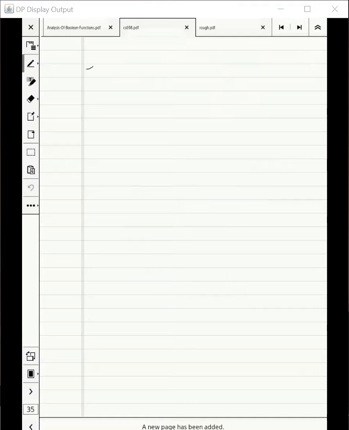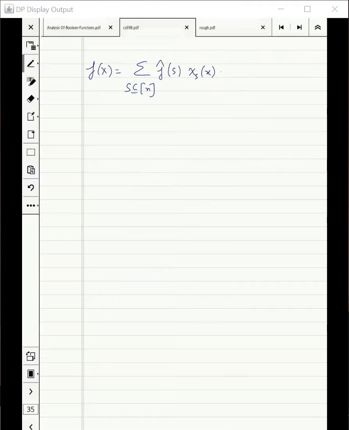What was the Fourier transform? I was writing my function like this. Correct. And then I wanted to prove that my chi-S's are orthogonal. Or, if you want to be nice about it, orthonormal. But let's not worry, we will look at this technicality, it will be easily handled. And a very good question which was asked was,